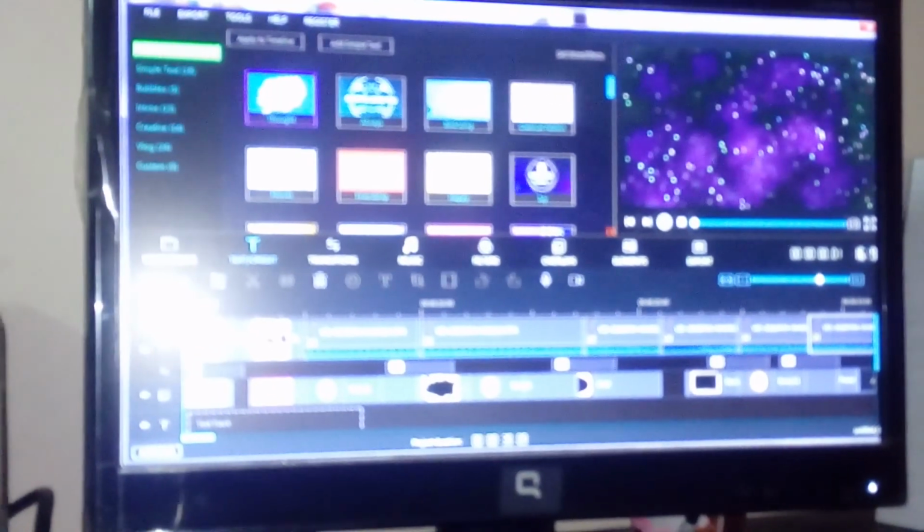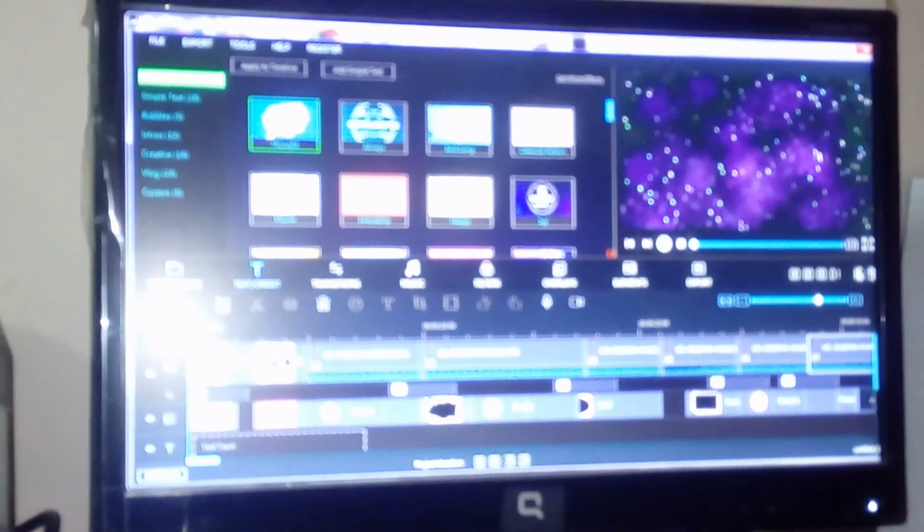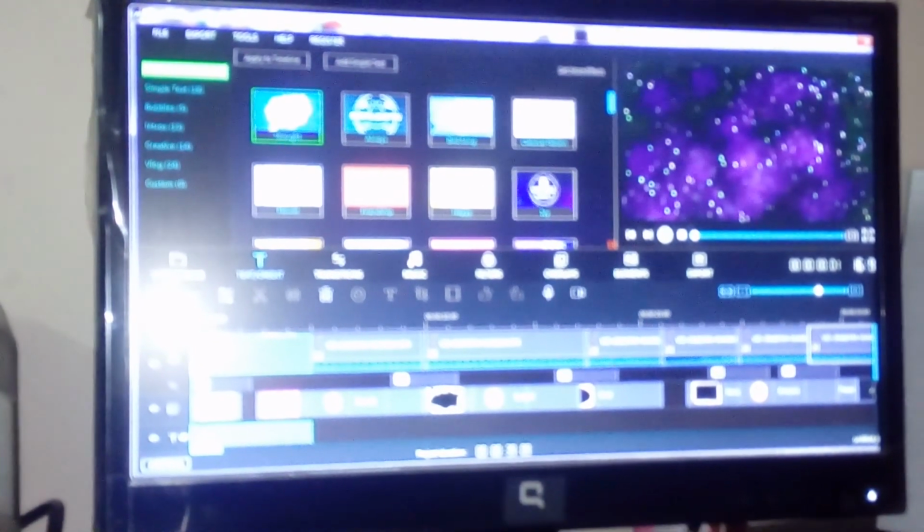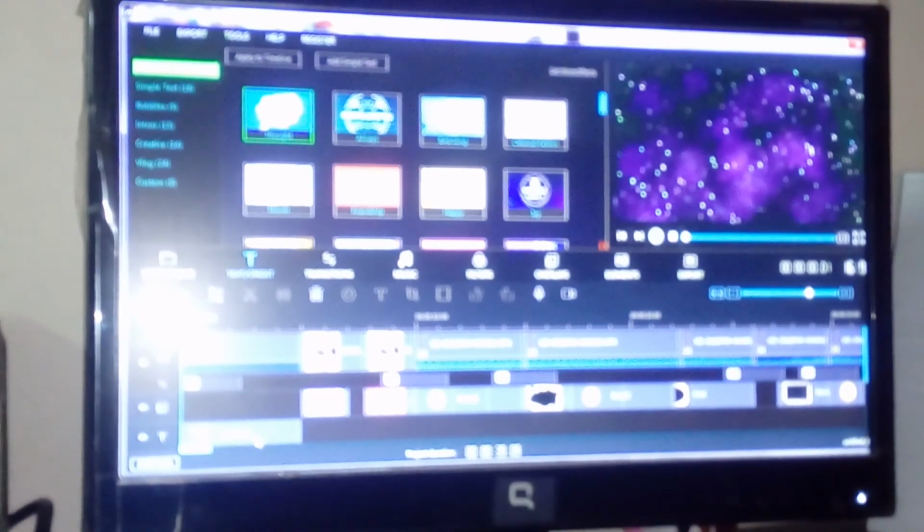Suppose I select the first portion, click here and drag it to the text portion, known as the text area. Now double click here, a window appears for typing. Type whatever you want.